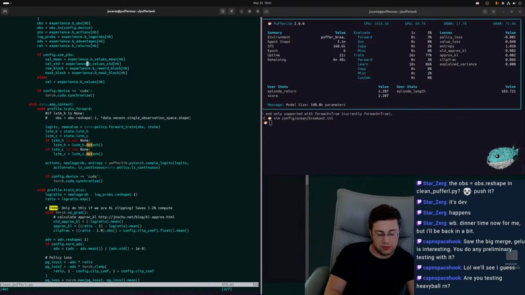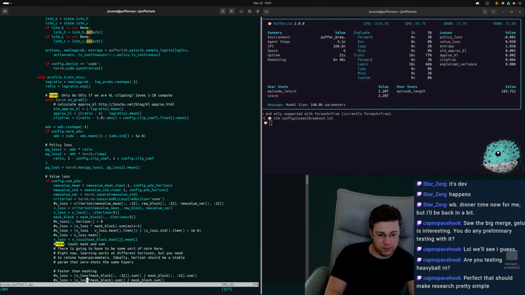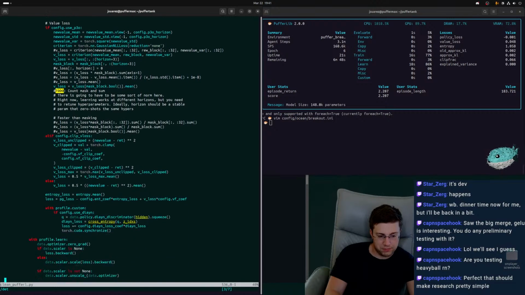You would think that this would be the detach or something, but I don't know what the heck it is making this so slow. I'm working on it, but this is a massive thing.